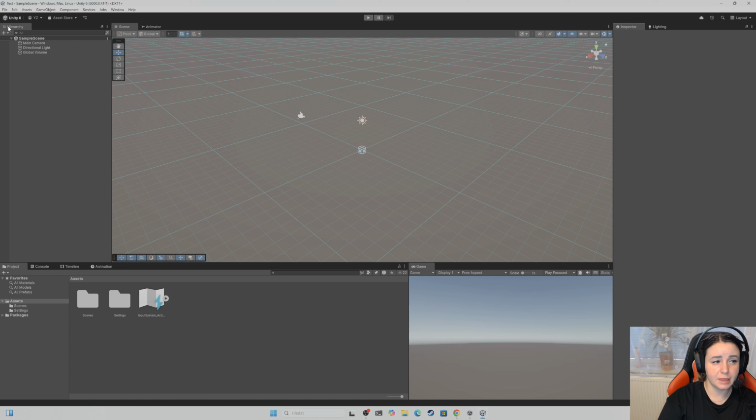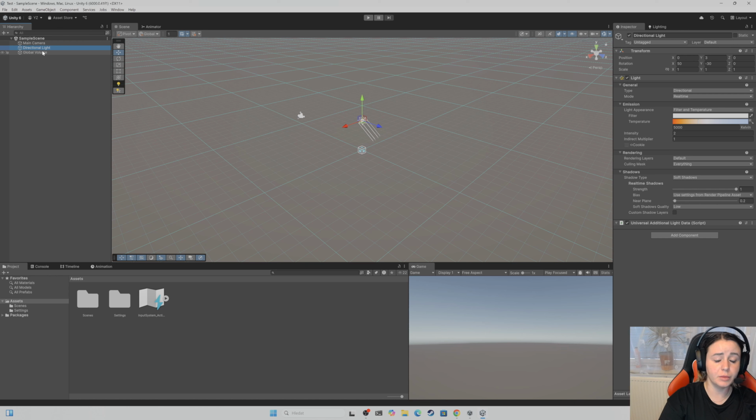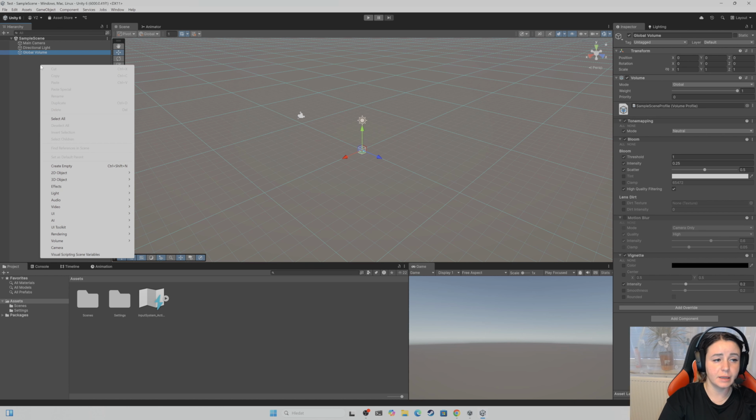Then on the left side you could find a hierarchy window. This is a window of the hierarchy of all objects in your scene. So you could click on different objects here and it will show you where in a scene it's located. If you press a right click on the hierarchy, you could create here